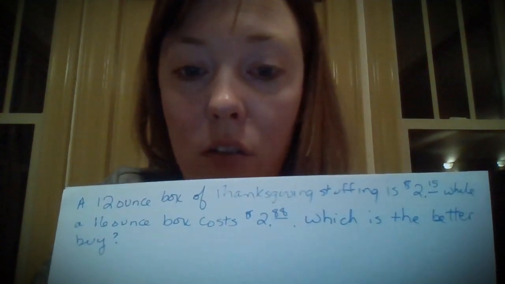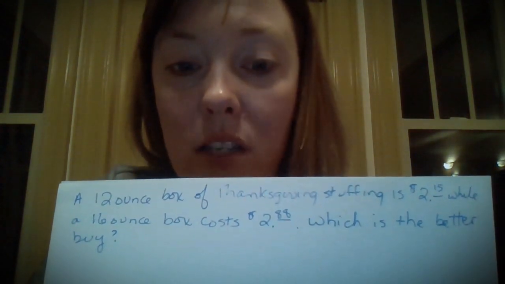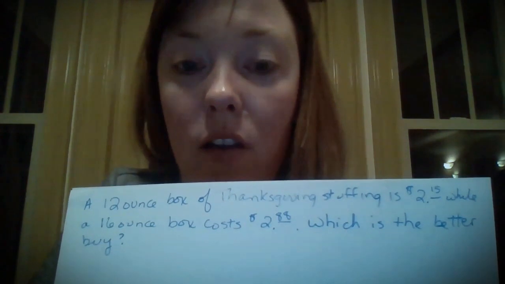So the first example says that a 12-ounce box of Spice stuffing is $2.15, while a 16-ounce box costs $2.88. What is the better buy? So basically, which one is cheaper? Because you want to spend less money. So set this up the same way we set the last thing with unit rate. So you have two division problems,